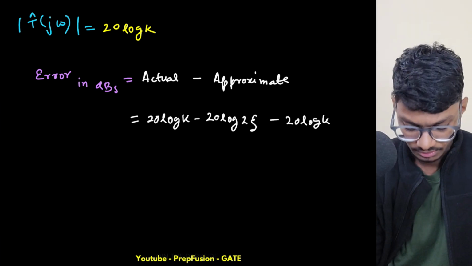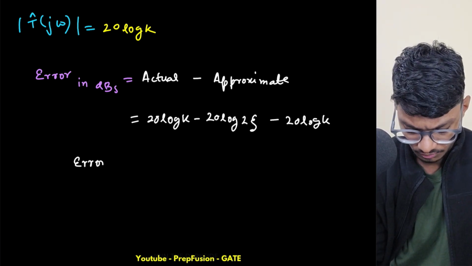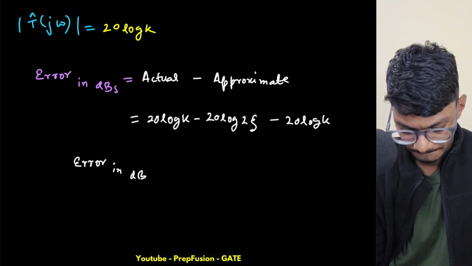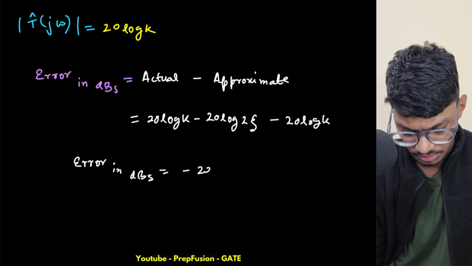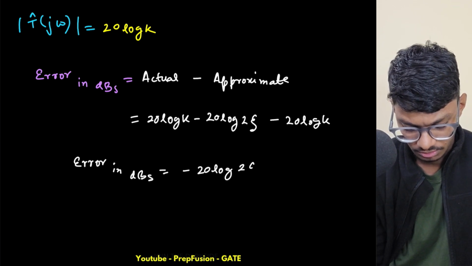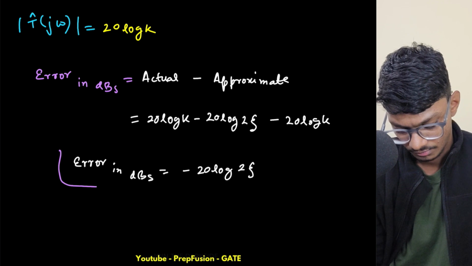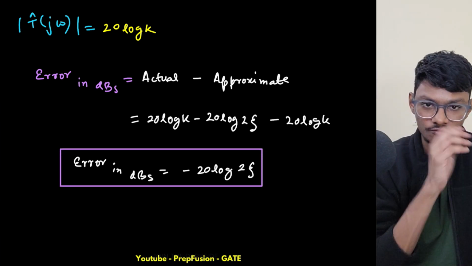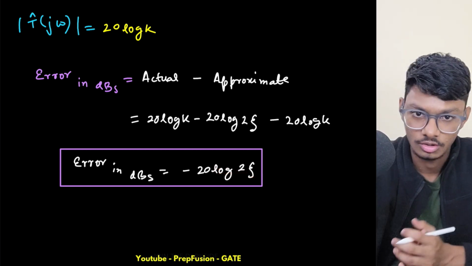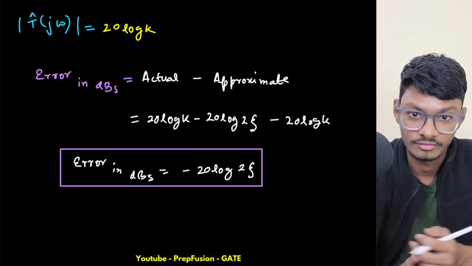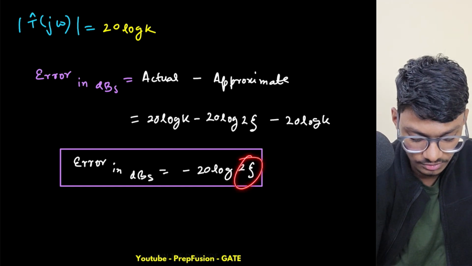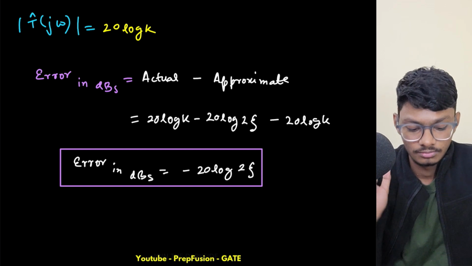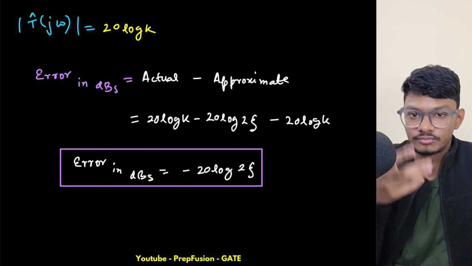So what is the error we are getting? The error in dBs is minus 20 log 2 zeta. So this is the error we get. Now just for context, put a few values. Put zeta equals 0.5. If you put zeta equals 0.5, what do you see? This becomes log of 1, so the error becomes 0. Fine. Now if you put zeta equals 0.1,